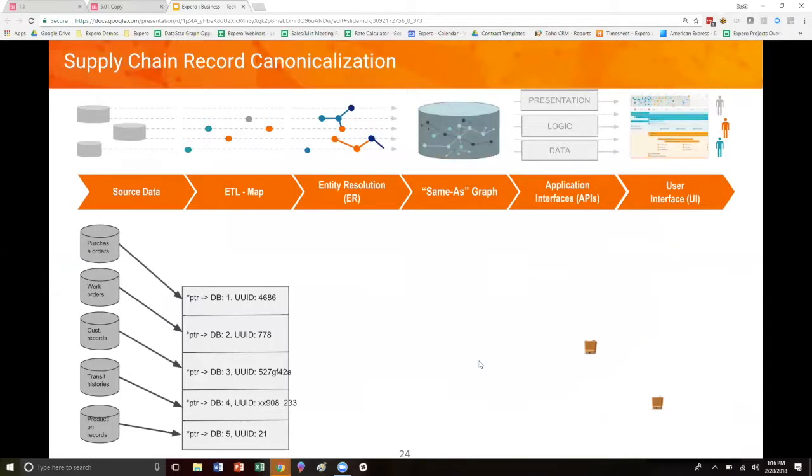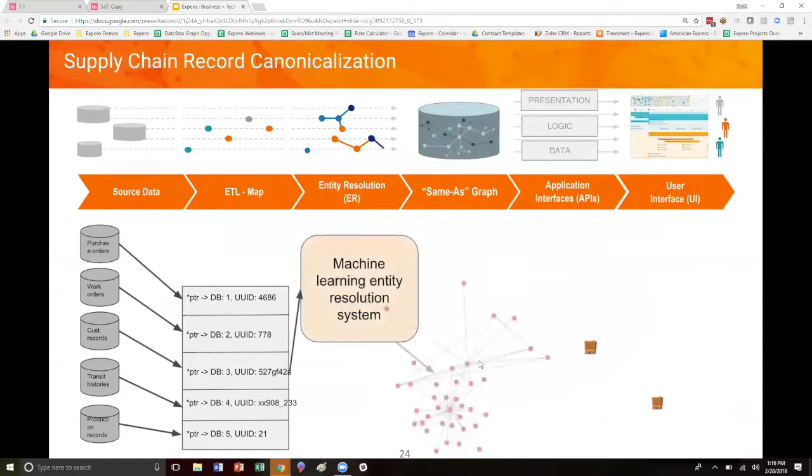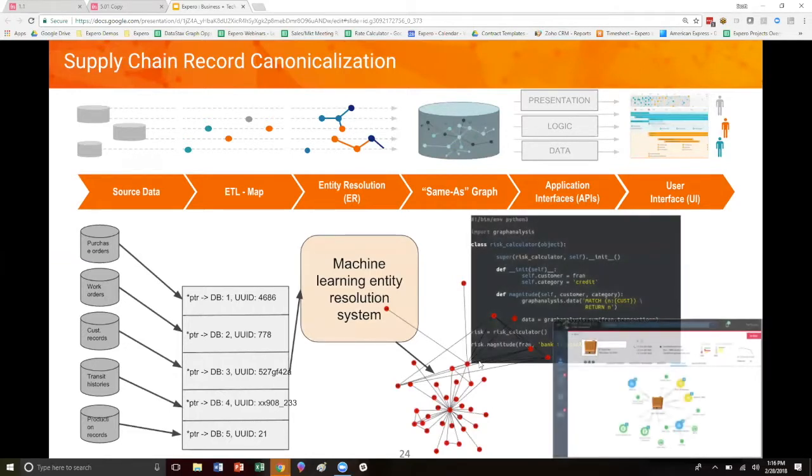So this is what that really looks like. We have the visual path of the canonicalization of supply chain data in this diagram here. We start with a huge group of databases on the left-hand side of this diagram, and we move through the pointer record that Scott touched on, and we have our machine learning entity resolution system canonicalize our data for us. And I'll touch on this system in the next slide, but before we do,